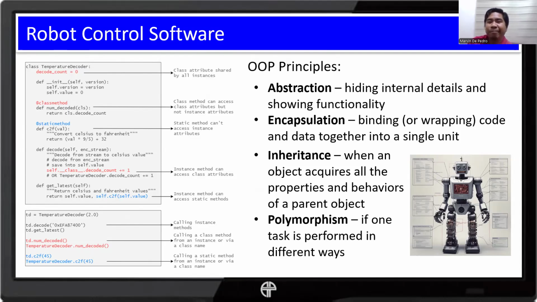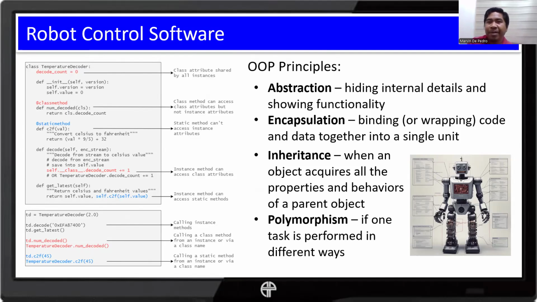So, abstraction: hiding internal details and showing functionality. Especially if there are some parts of your code that you don't want others to see. Some parts are inside the libraries and they cannot be instantly seen within your actual code because they are defined in the library. They are hidden there, right?